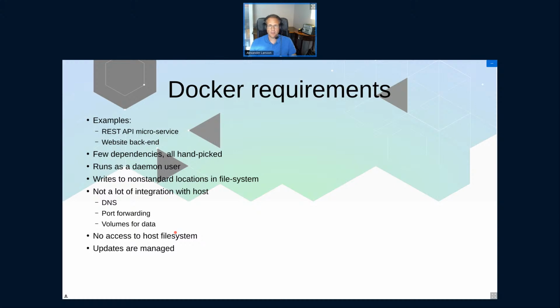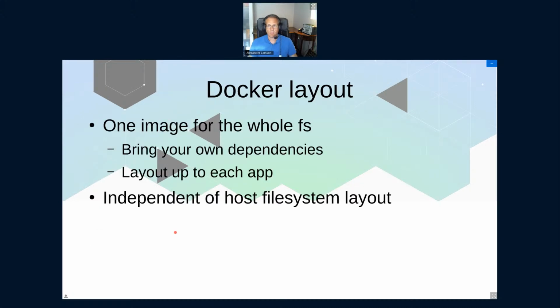And also, when we roll out an update, someone gets paged if it goes down or if it's slow or something. So it's very dissimilar from desktop in that sense. So the result of this is that we have a very simple layout of the file system.